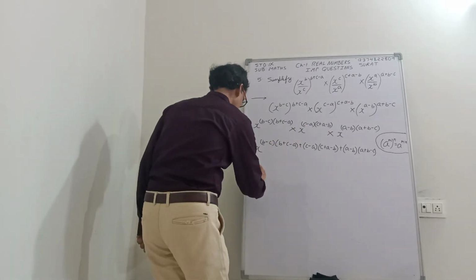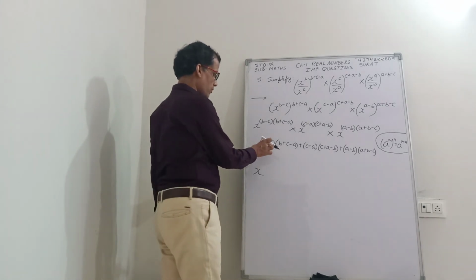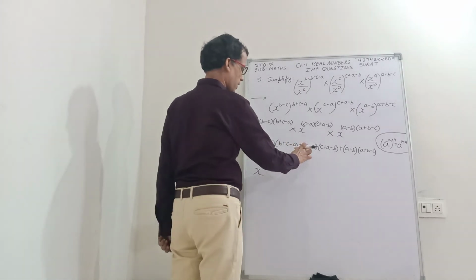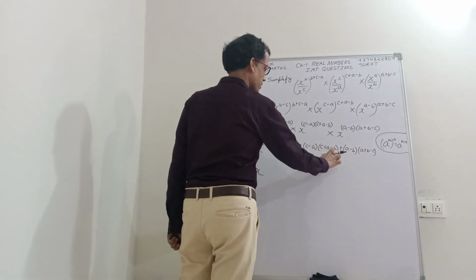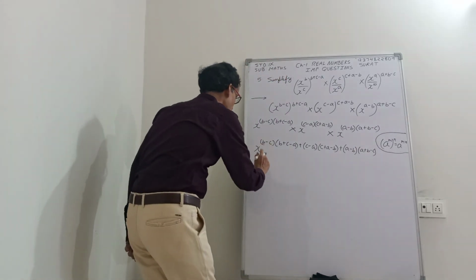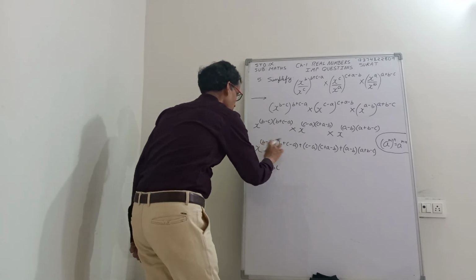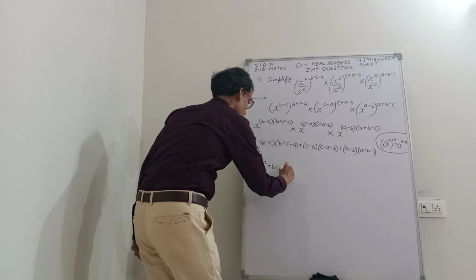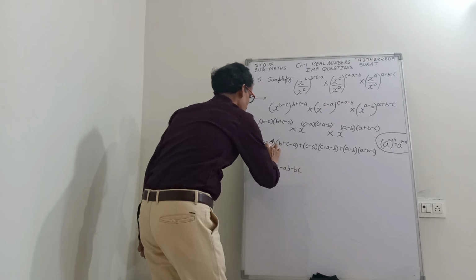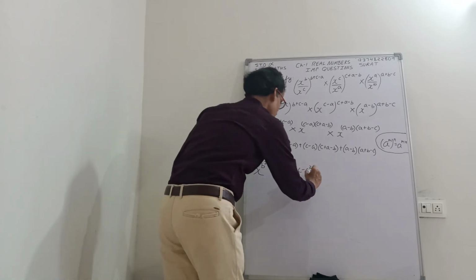Now we have to open the bracket. This is the most important part of this sum. See, when you open the bracket we have to multiply b by all these three terms, then c by all these three terms, then a by all these three terms, and minus b with these three terms. So find the product. What we get: x power b into b, b square, b into c, bc, b into minus a, minus ab. Minus c into b, minus bc, minus c into c, minus c square, minus c into minus a, plus ac.